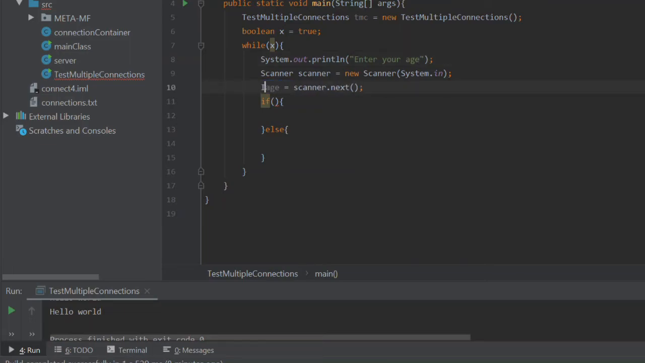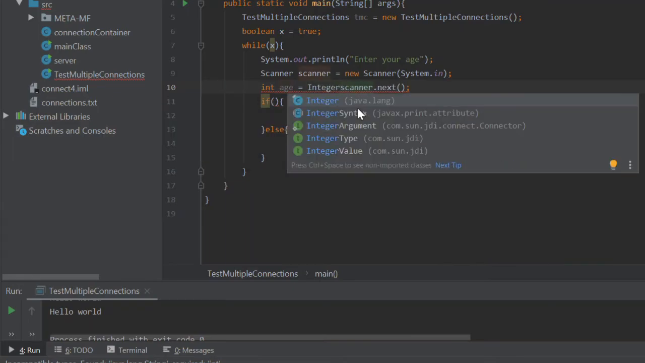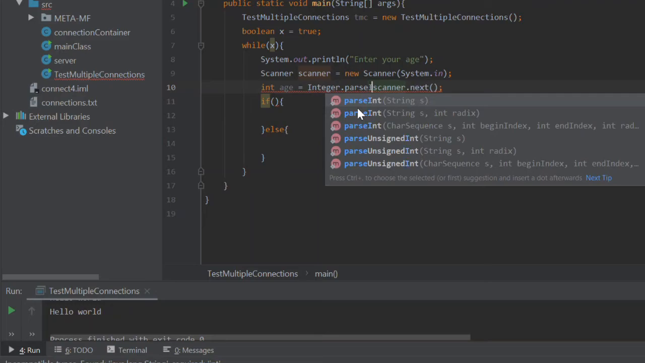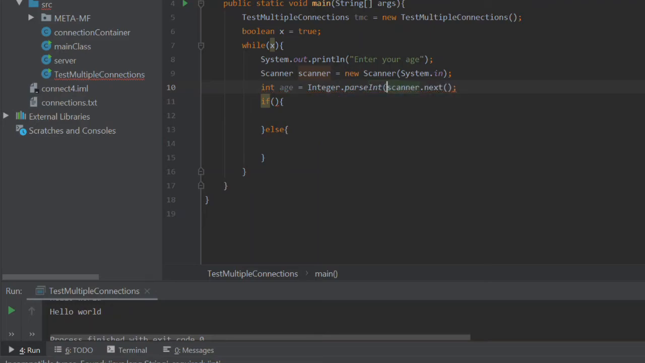Let me mess about with this a bit more. Okay, obviously age cannot be an integer. It cannot be a string, sorry. I've not prepped for this at all. Okay, so